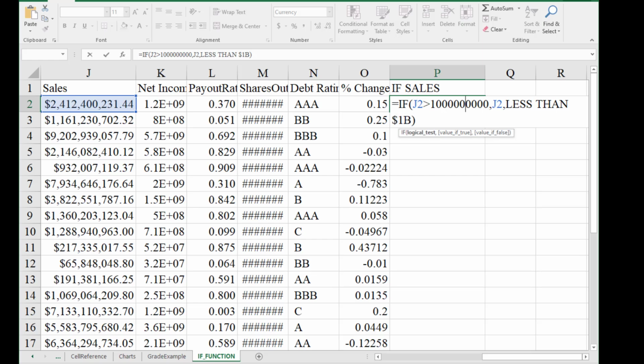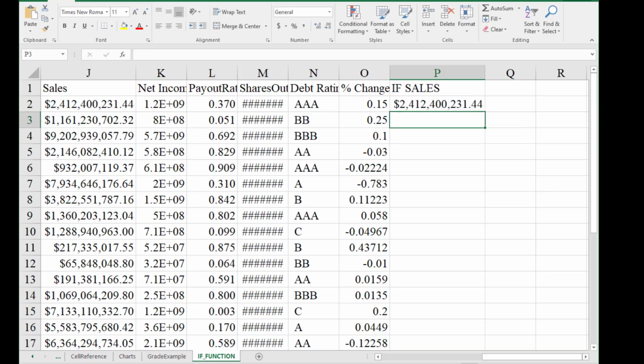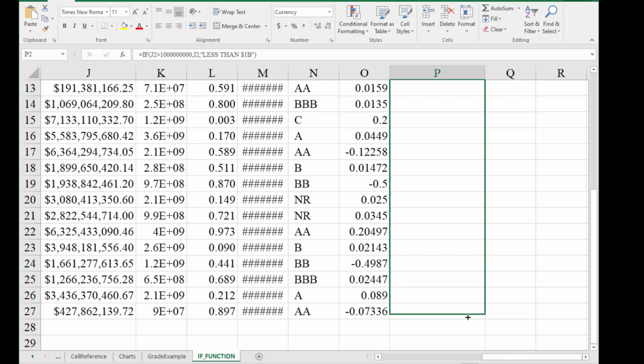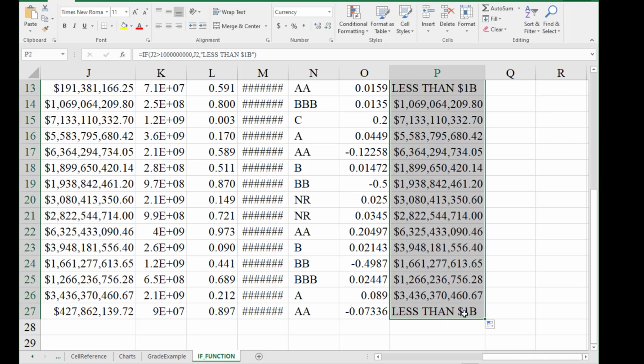So I'm going to edit this formula and add quotation marks so that if cell J2 is less than $1 billion, it will read the text less than 1 billion. Now we can drag this formula down. There are two ways to do this. We can use the fill handle and just fill it in, or,